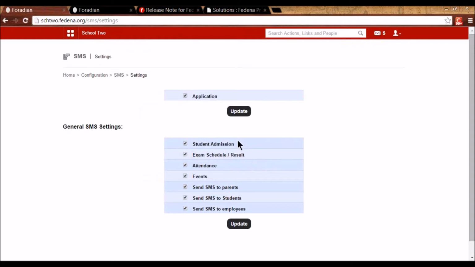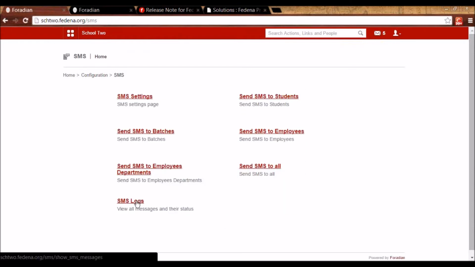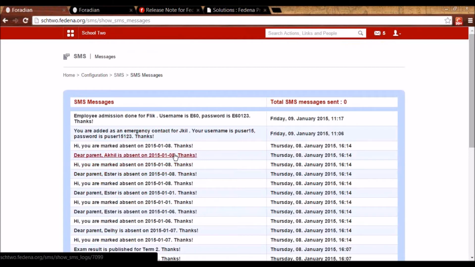And that alert format now has been updated to comply with the Telecom Regulatory Authority of India guidelines. So that is a change. The template in which we send the message has now changed as per what is there in the TRAI guidelines.